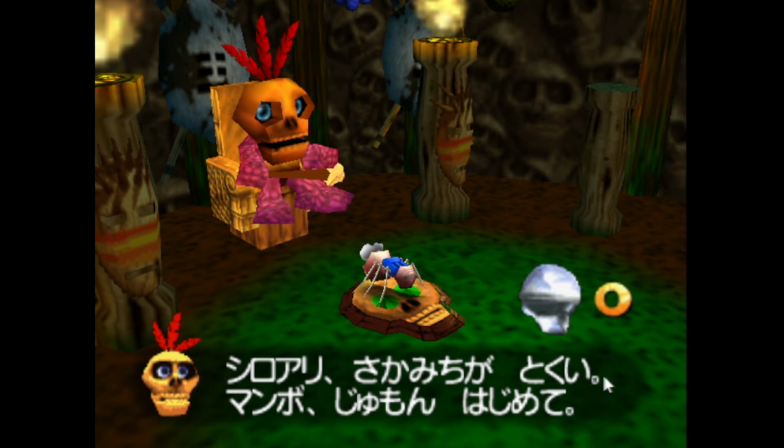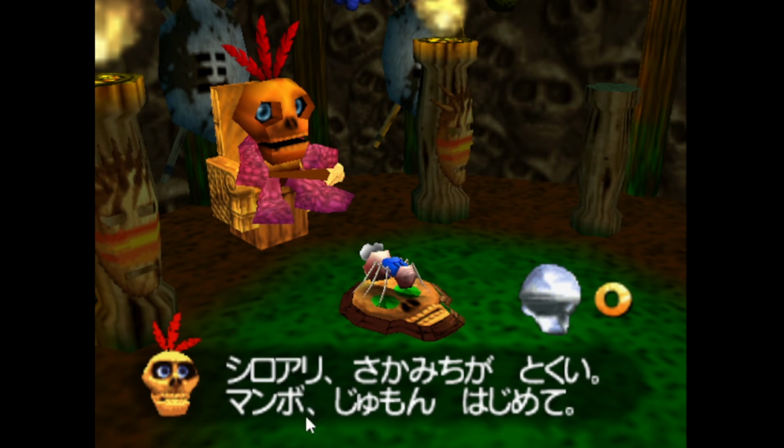Has like a specialization. So, yeah, specialized in hill paths. And then Mumbo, jumon, hajimete. So first spell, basically. Hajimete means the first. So the first spell.